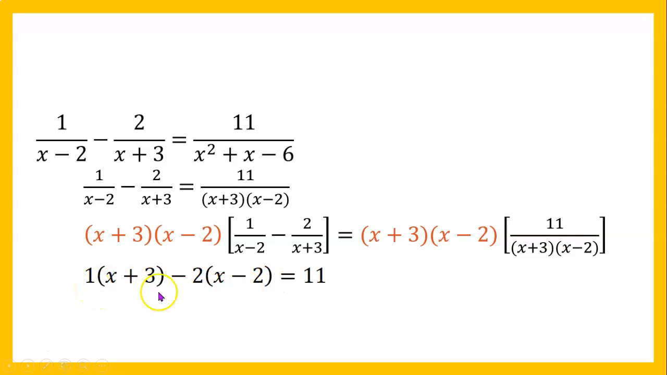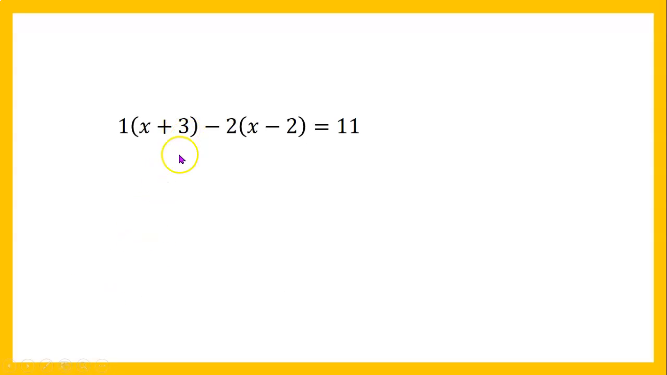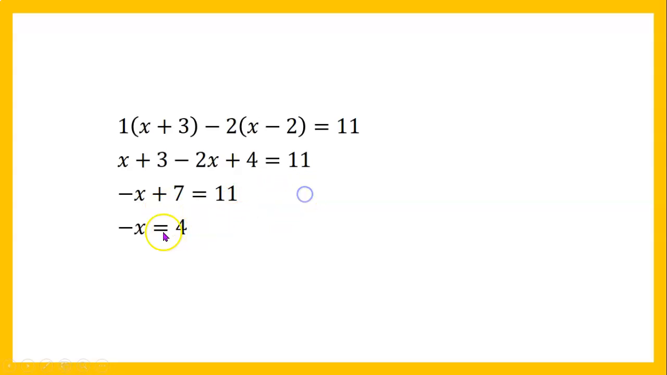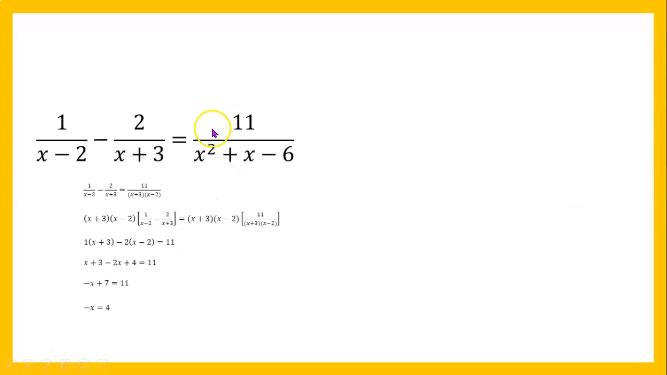Now, multiply out to get rid of the parentheses, and we get 1x plus 3 minus 2x plus 4, because a minus 2 times a minus 2 is plus 4, equals 11. Combine like terms. x minus 2x is negative x, plus 3 plus 4 is plus 7, so that's equal to 11. Get rid of the plus 7 by subtracting 7 on both sides, so negative x equals 4. And to go from negative x to x, divide both sides by negative 1, and we get x equals negative 4. So that's the solution, I think,